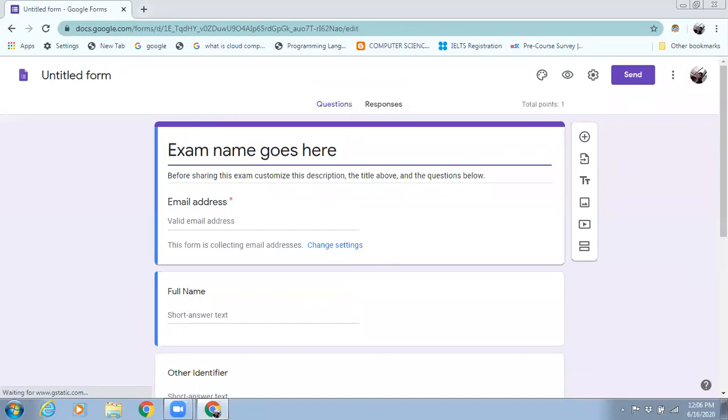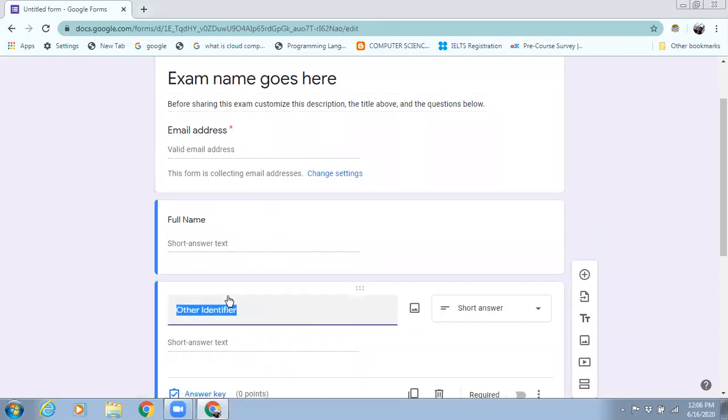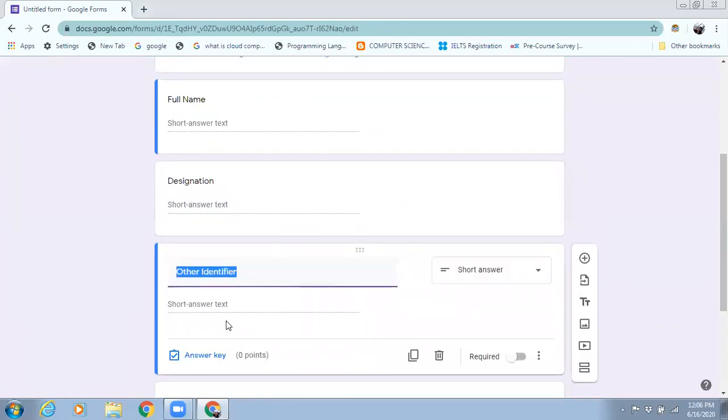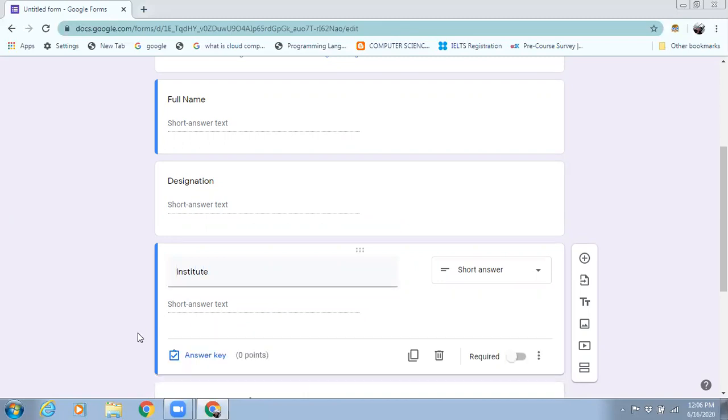Here we have enabled certify. The full name and other identifier we need to give, that is, what is your designation, whatever you want to give. This is designation, and here I just want to give another identifier, institute. So like that it will be saved.